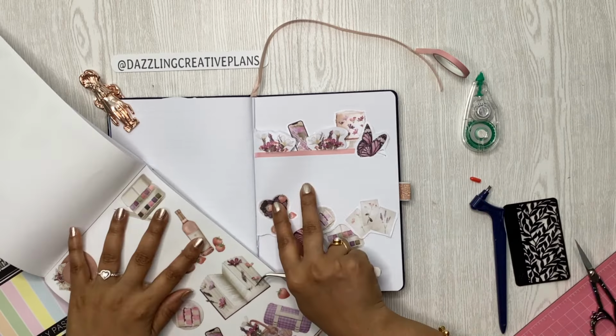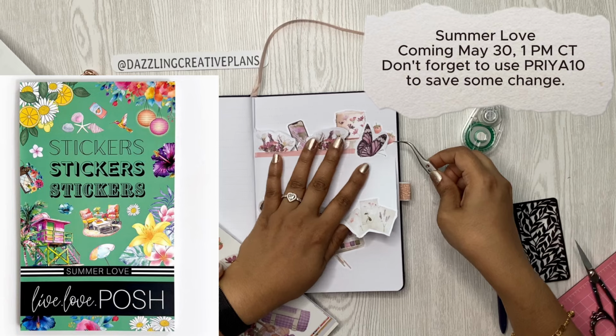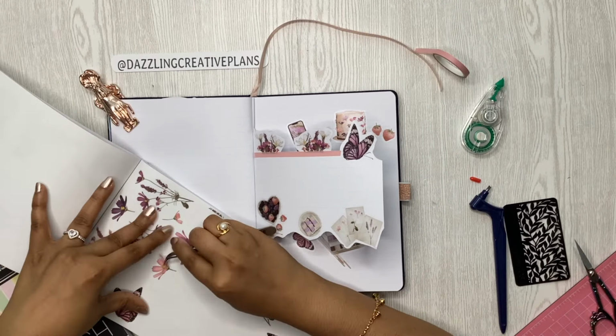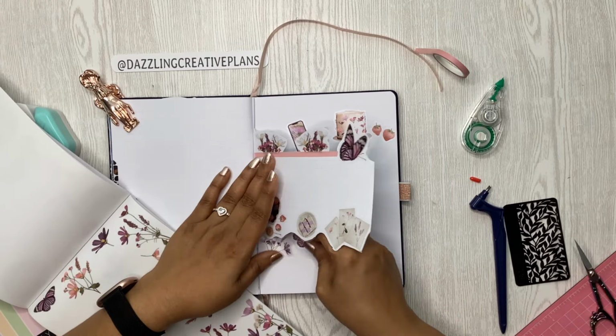So let's set up the next layer behind there. As you can see, I started from the front and I'm going backwards this time. So that helps with a bit of the layering. That's just what I was wanting to do. So that is our next